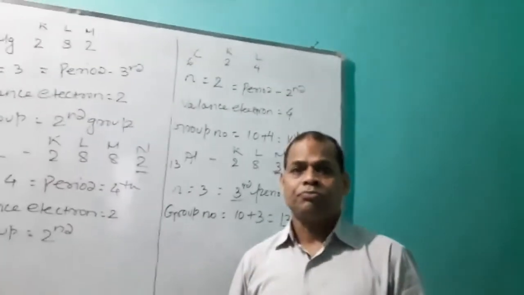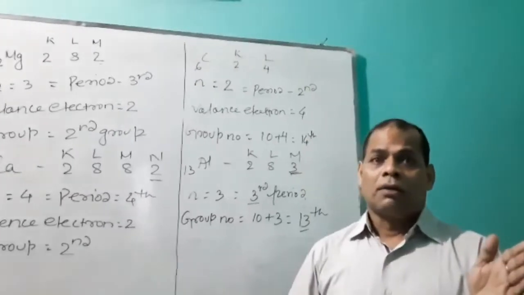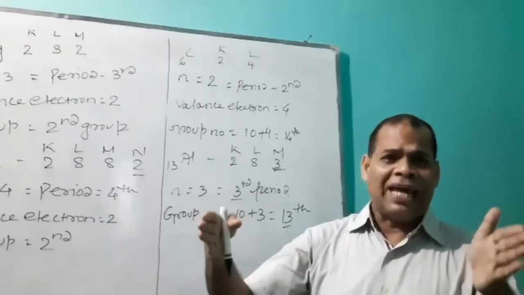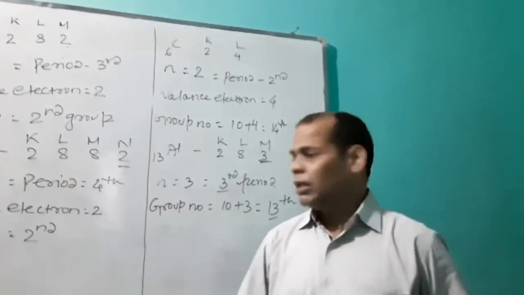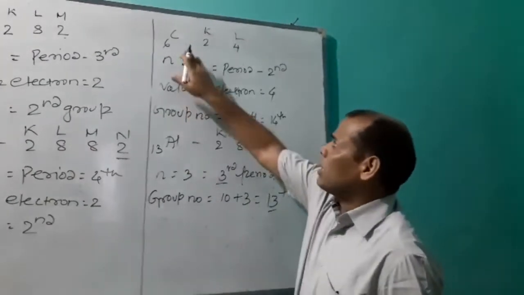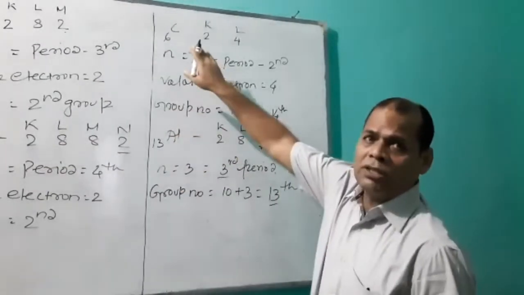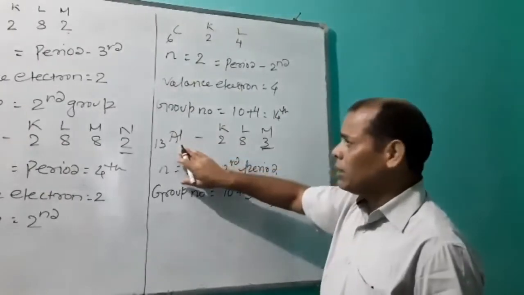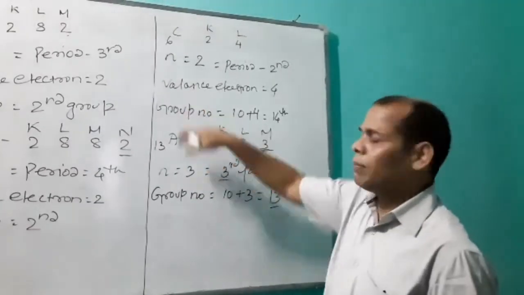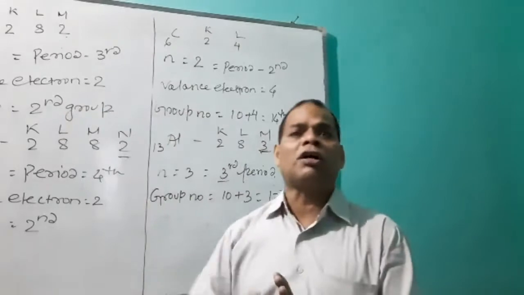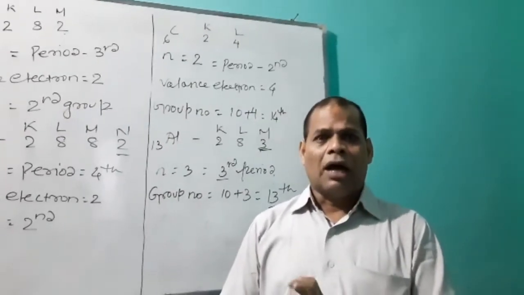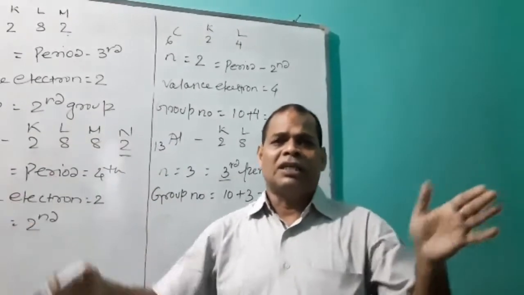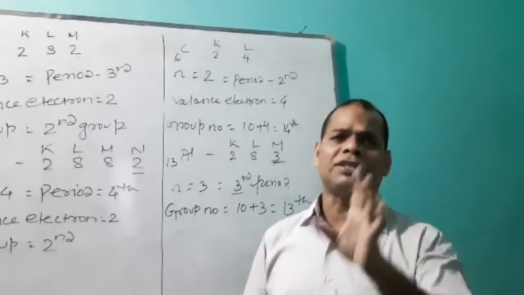Because aluminium and carbon belong to the P block elements, and between S and P there is a D block element which contains